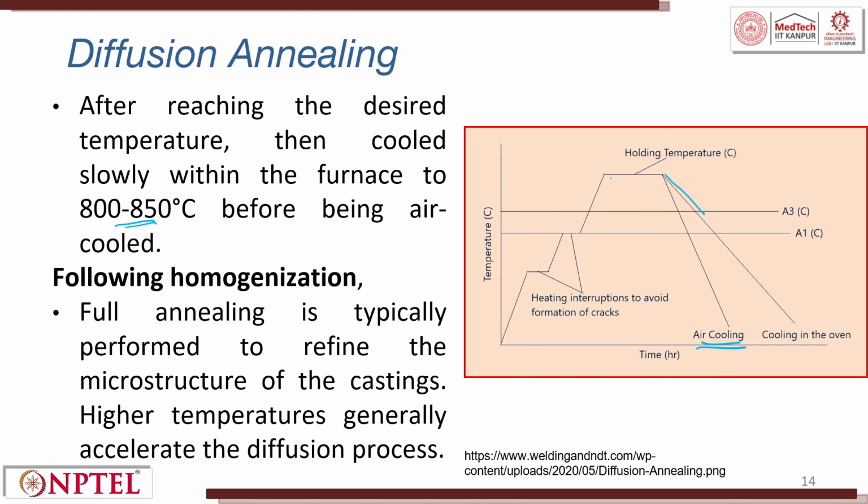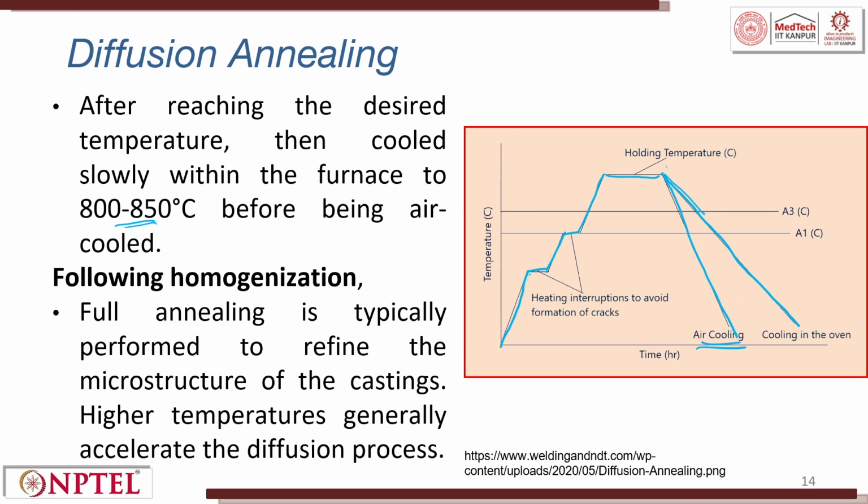So, if you see this diagram, it is pretty interesting. So, you initially heat, then you soak it for some time. So, then you try to slowly heat, then you try to soak, then you heat, then you soak, and then you allow it to have an air cooling. Air cooling means you take it from the furnace, put it outside in the free atmosphere, or you force air, or you try to do a slow cooling, keep it inside an oven, so the temperature slowly decreases in the oven. So, the heating is interrupted to avoid formation of any cracks, because the moment you keep on increasing, there is a thermal shock. This thermal shock tries to break or crack the material.